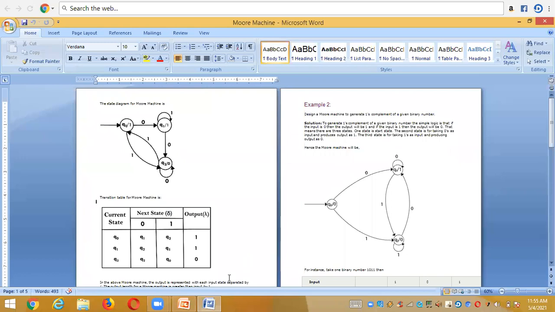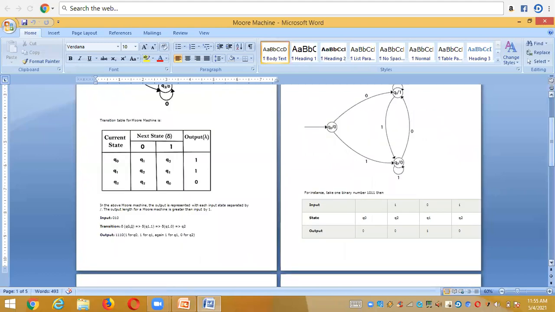Here we have an important note, and we need to decide the acceptance of the string. Acceptance of the string means here we have a note for the Moore machine. I am giving an input, and after taking an input, what I need to do is write down the length of that input. I need to define the length of that input. And after deciding the length of the input,